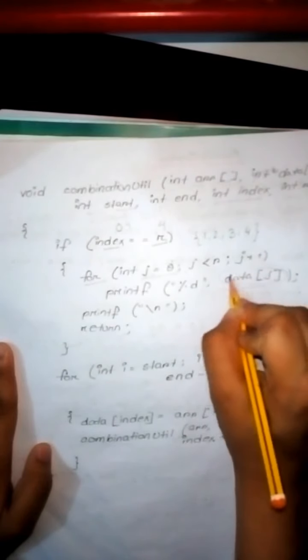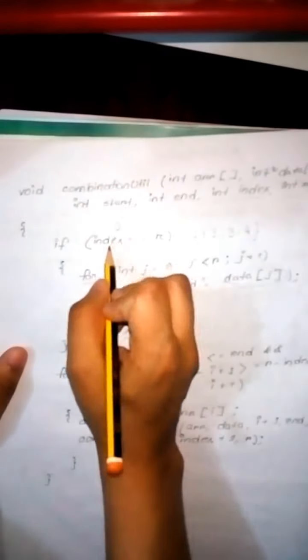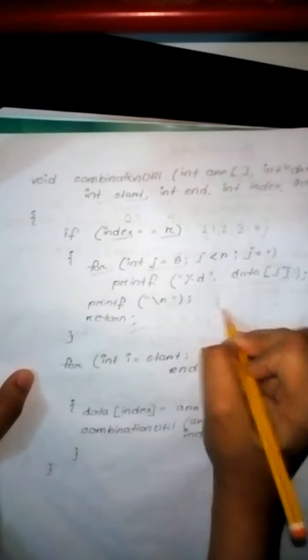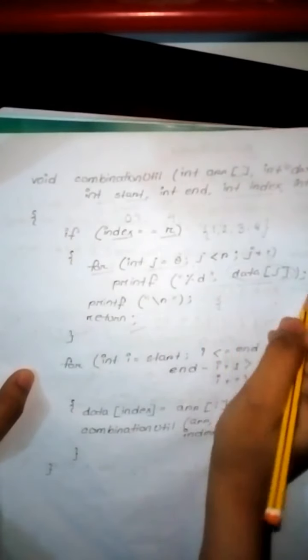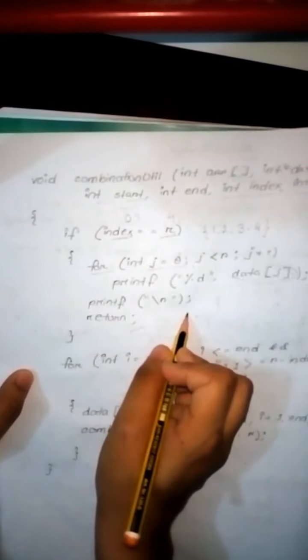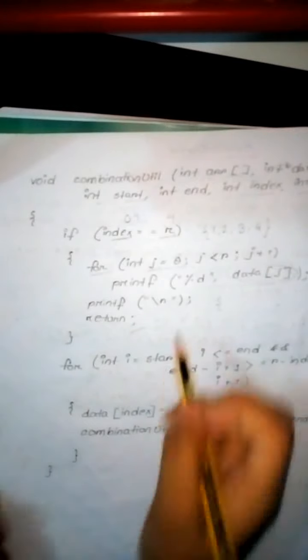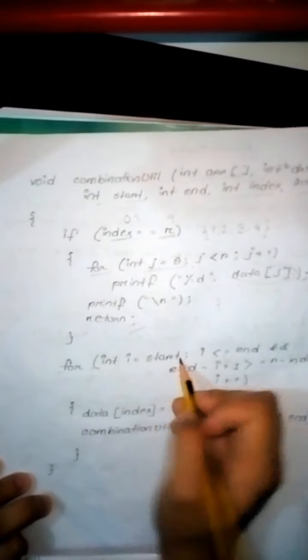in this temporary array, we are going to print a new line. We are going to print a new line, and thus it will occur only when index is equal to r. We will go through the whole process, and then we will print a new line. But else, if this condition is not true, then we are going to initiate this for loop,